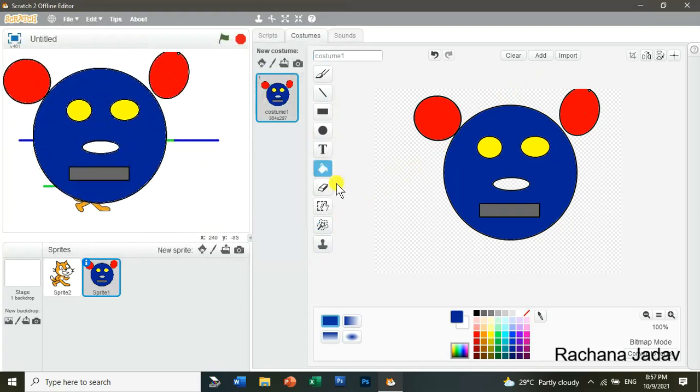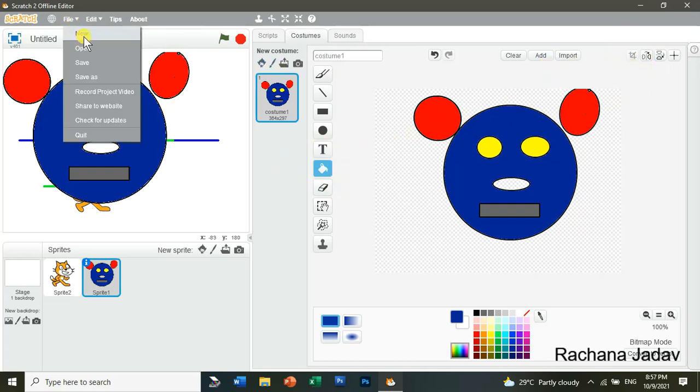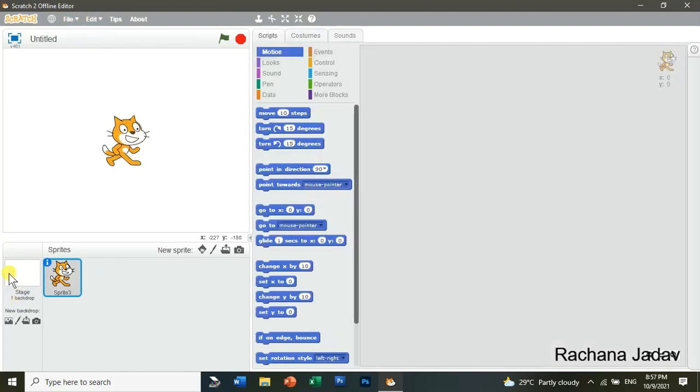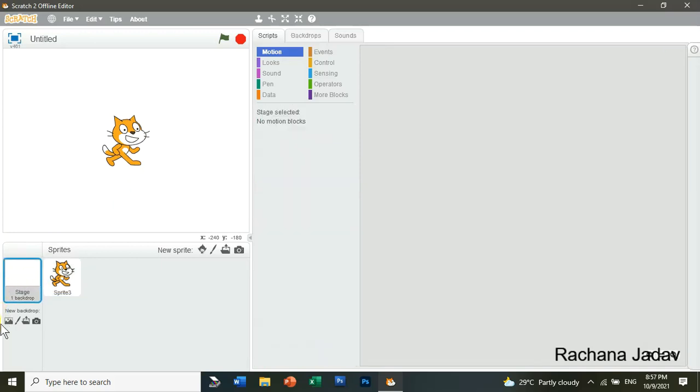Now the next thing that we are going to see is the backdrop, right? You must have learned this drawing, how you have to draw it, okay. Now we will go for the backdrop, so I will go for a new project again. And yes, you can see this is the stage. What backdrop do you see there? You can see it is blank. But if you want to take a scene, then how will you go? So you can see it in this backdrop here.